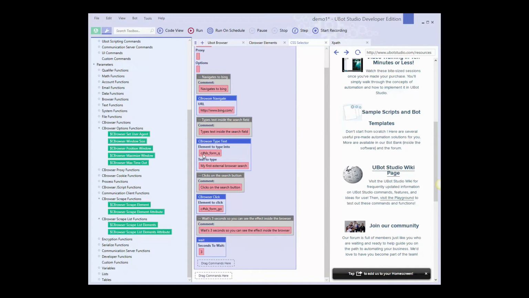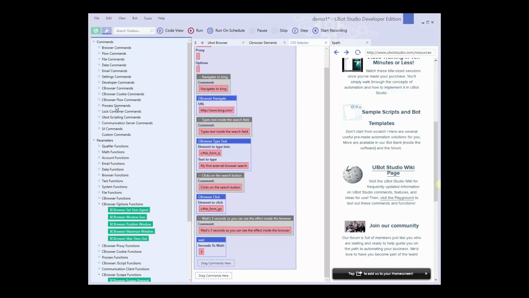So that will tell the element function to use CSS selector or XPath, and if nothing is there, the element function will expect a native element expression, right? So as you can see here, there are some more functions that use element selectors. So it's not only the scrape functions down here, we also have stuff up here like